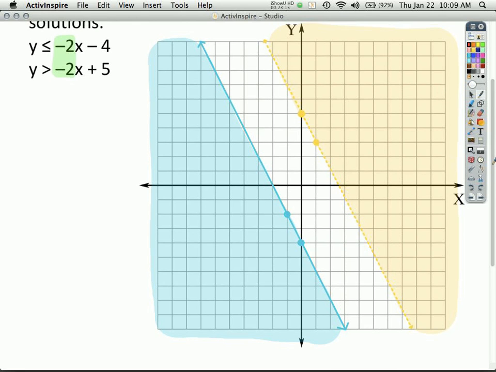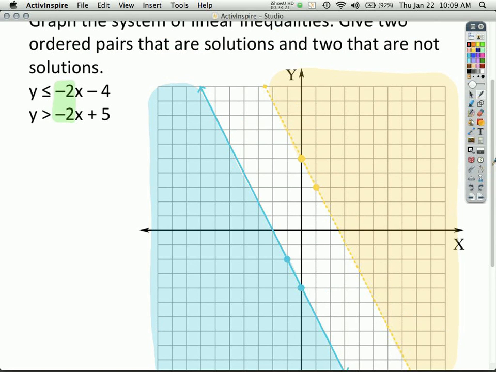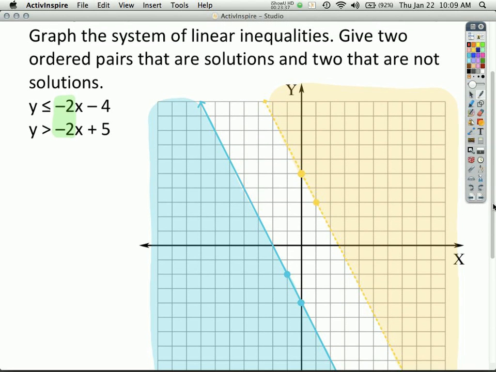So the second part of the question says, give two ordered pairs that are solutions. What do you have to say about that? Give two ordered pairs that are solutions. What do you say about that part of that question? Von Travis, what do you say about that? Okay, so that was a great statement that you read. There are no ordered pairs that are solutions. But then it says two that are not solutions. Can we give two that are not solutions? Could someone make a statement about what we're looking at and that question? Natalie?